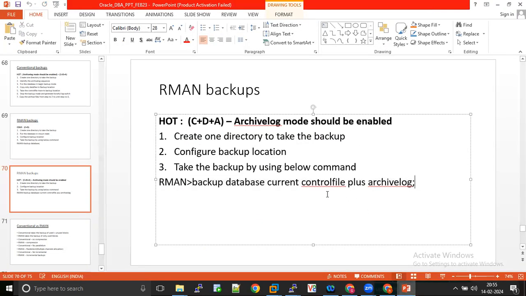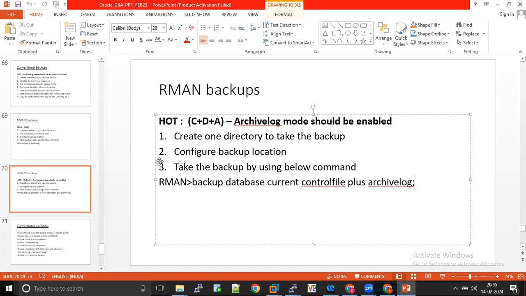Okay, out of all this, RMAN hot backup is very, very easy. Is it right? Compared with conventional cold, conventional hot, RMAN cold, RMAN hot, which is the best? Which is the easiest method? RMAN hot. Yes. We took 4 types of backups, right? Conventional cold, conventional hot, RMAN cold, RMAN hot. If you compare all 4, RMAN hot is very, very easy because RMAN hot has